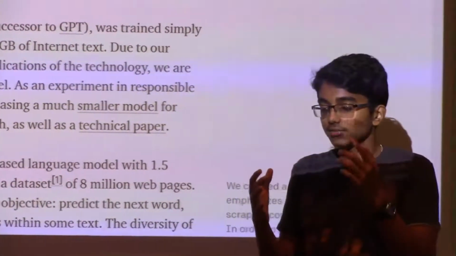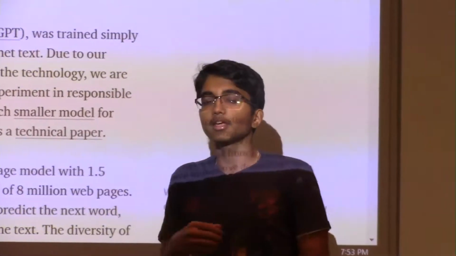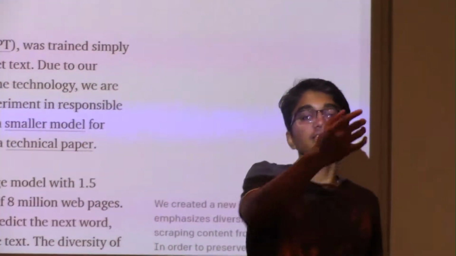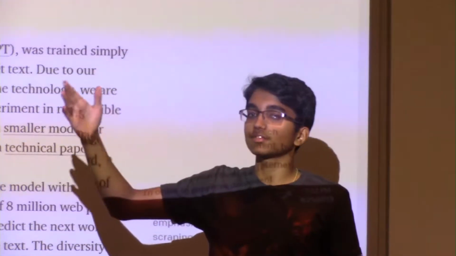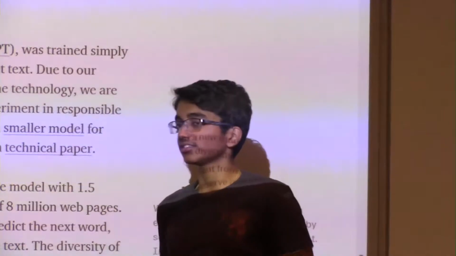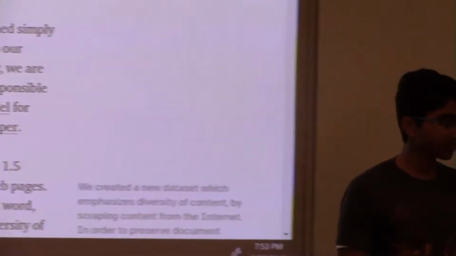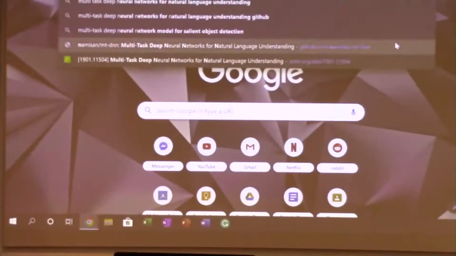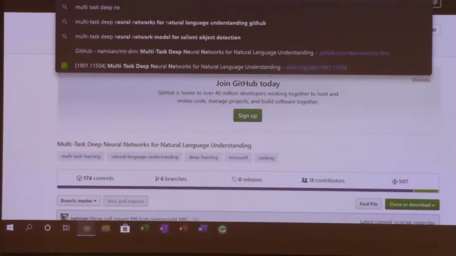So say in a scientific inquiry, you want to say two different sentences. Do they mean the same thing? You also want to say, given a single sentence, I don't know, is this a scientifically valid thesis or something? You have the science aspects still existing, but the tasks differ. Therefore, there's this aspect called multitask learning. So you can search up multitask deep neural network. Oh, sorry, that's a GitHub page. Multitask deep neural network